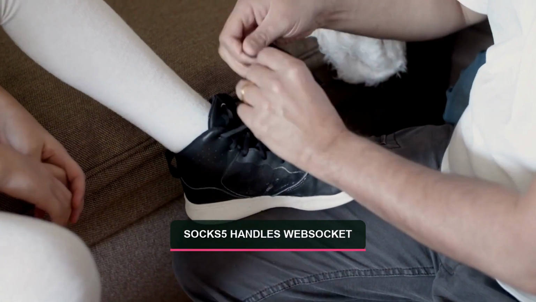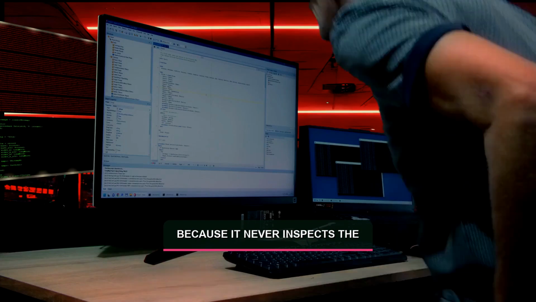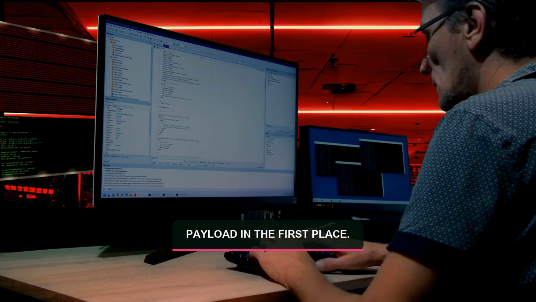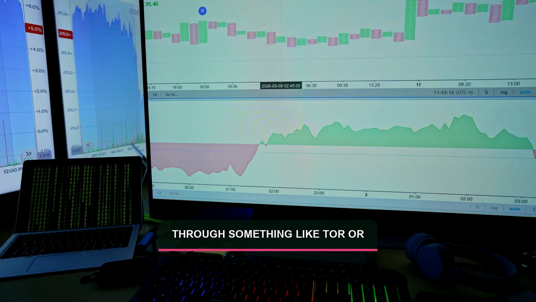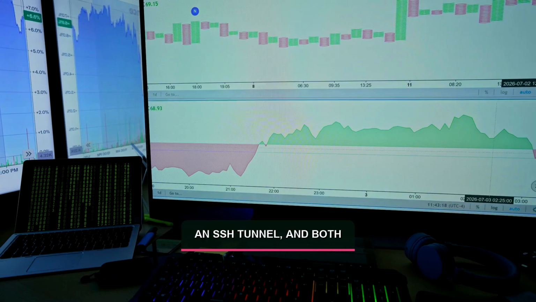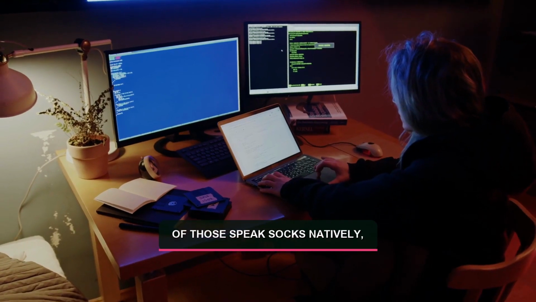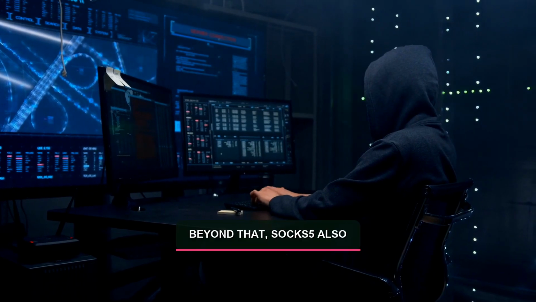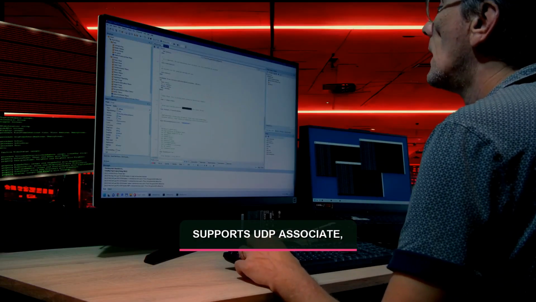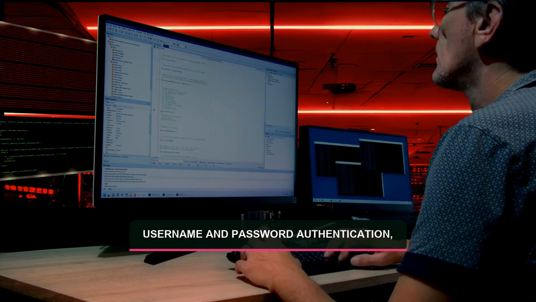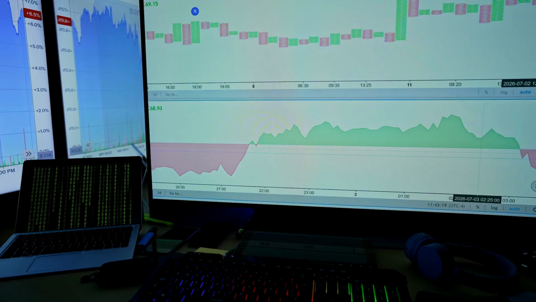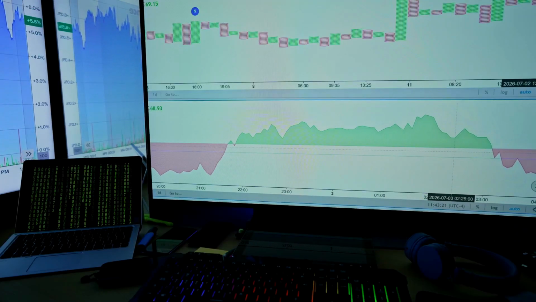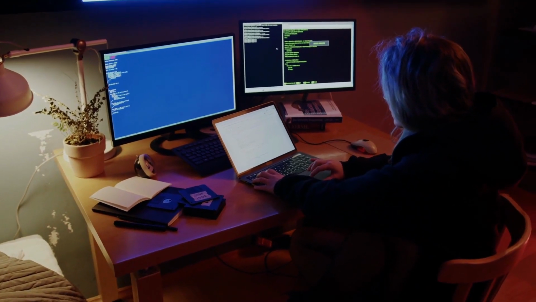SOCKS5 handles WebSocket upgrades cleanly precisely because it never inspects the payload in the first place. Or you're chaining a proxy through something like Tor or an SSH tunnel, and both of those speak SOCKS natively, so SOCKS5 slots in without translation. Beyond that, SOCKS5 also supports UDP associate, username and password authentication, and IPv6 destinations more consistently than most HTTP proxy